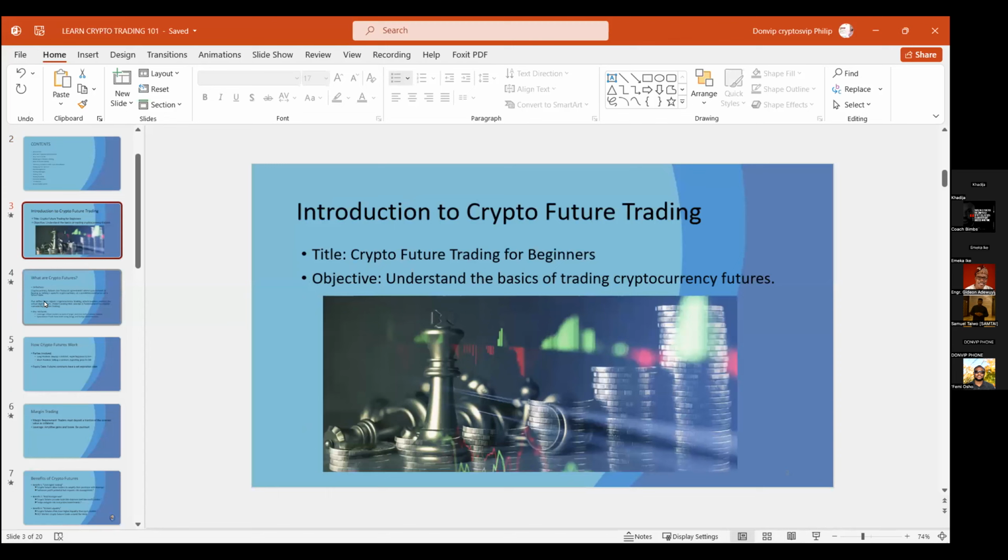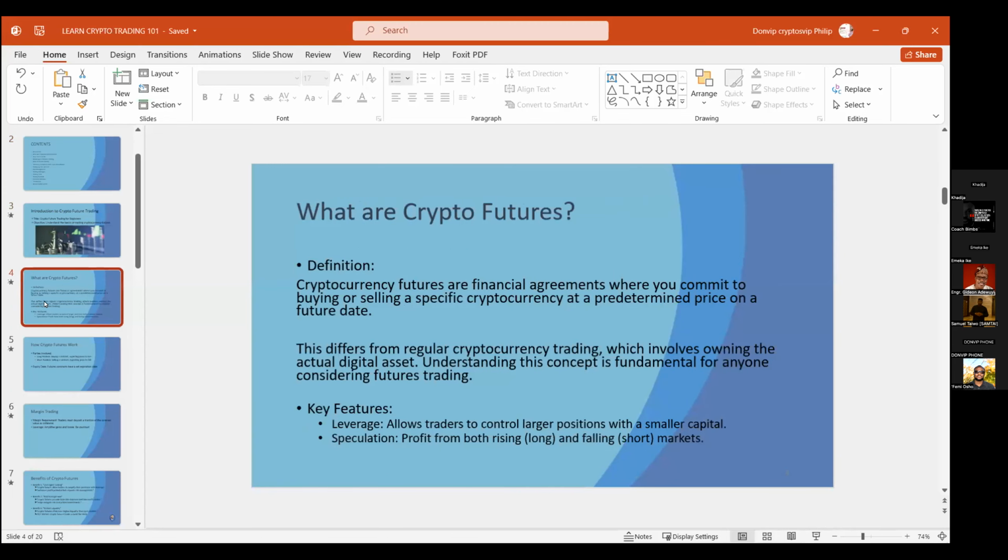So I will start from what crypto futures is all about. When we talk about crypto futures, we actually mean an agreement between you as a buyer or as a seller, buying a specific cryptocurrency at a predetermined price on a future date. Now, what we've been doing all this while, we are trading futures, good and fine, but